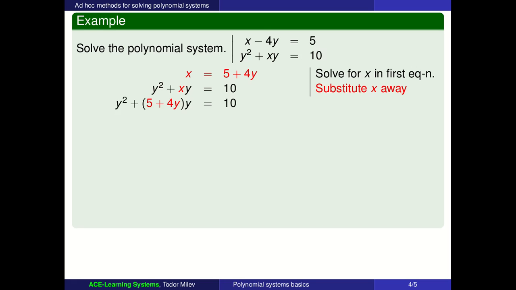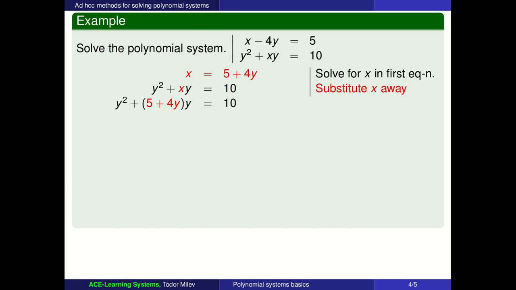I can replace the variable x with 5 plus 4y. Once again, we found that x equals 5 plus 4y from the first equation. So now my second equation becomes y squared plus 5 plus 4y times y equals 10. Now this equation is a single variable equation, and we can use techniques from polynomial equations in one variable to